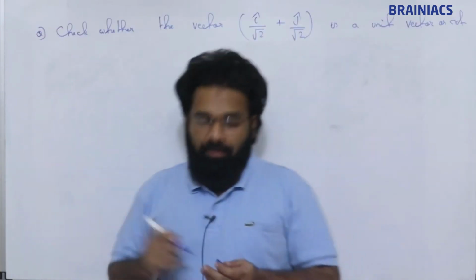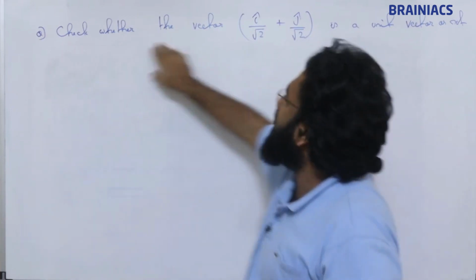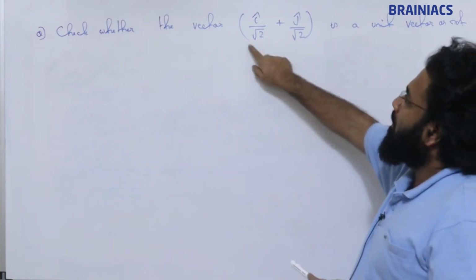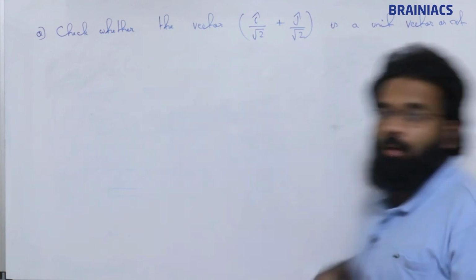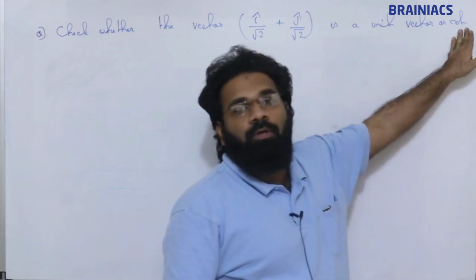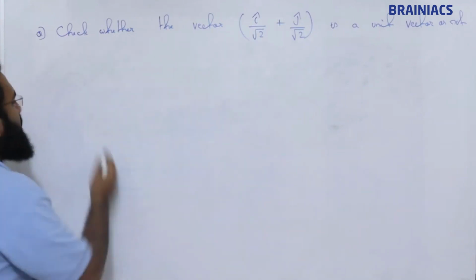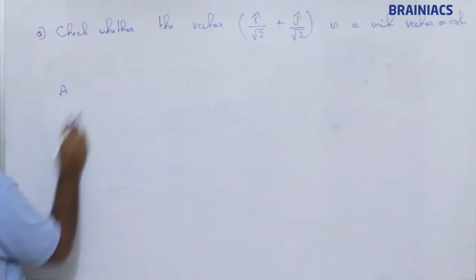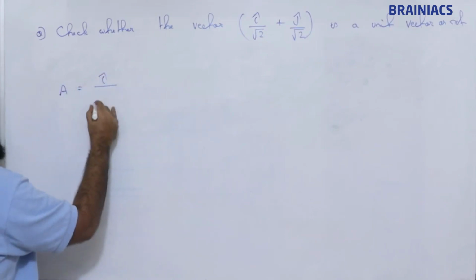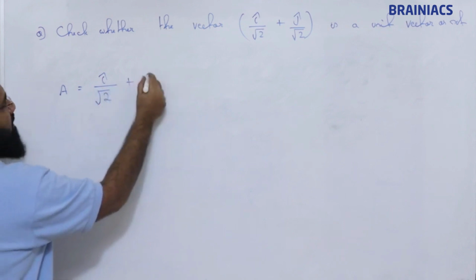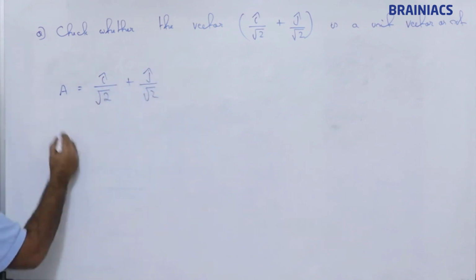So here there is a question. The question is nothing but: check whether this vector is a unit vector or not. How to check this? Suppose A is equal to i by root 2 plus j divided by root 2. So if this is a unit vector,